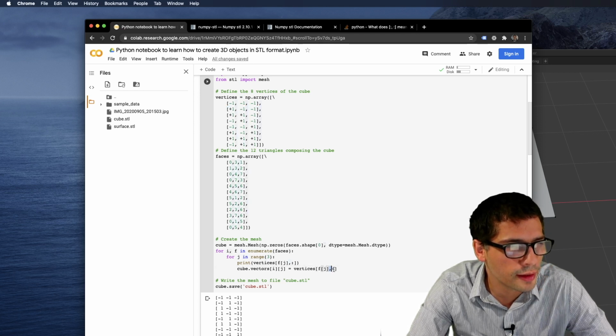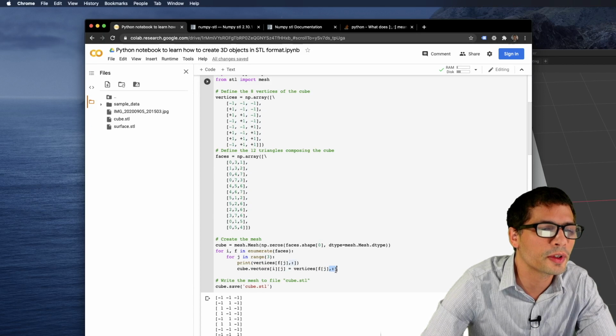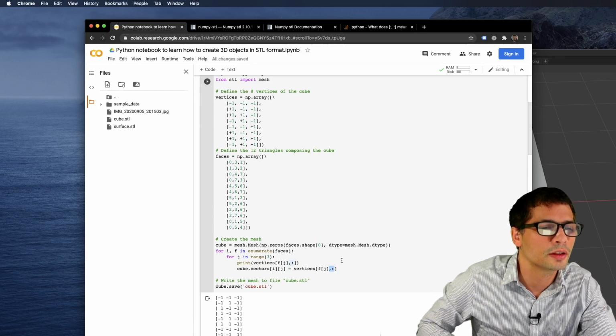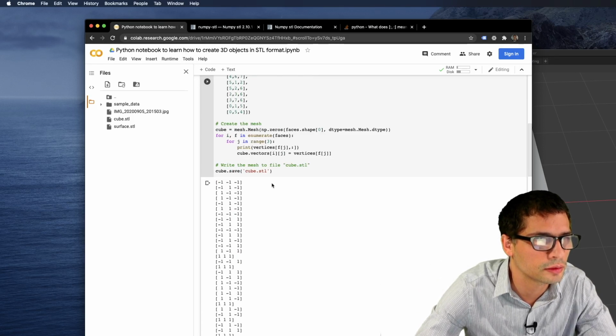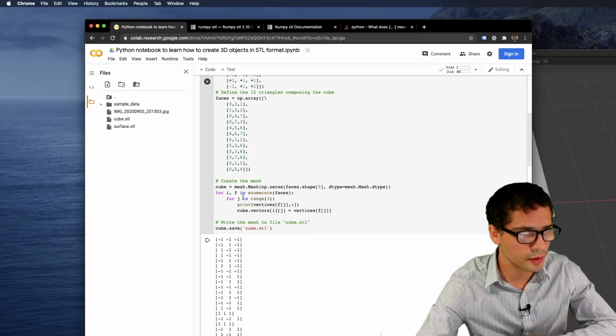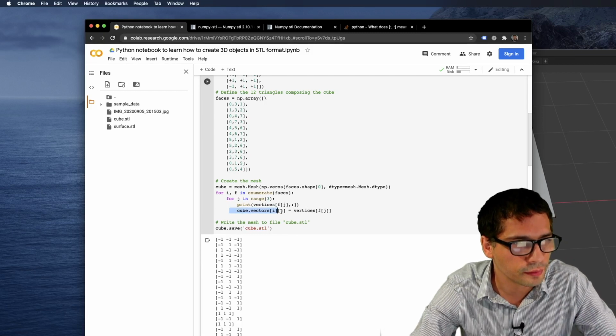I'm not sure whether it adds anything to this, because fj will return you the index of the vertex that you want here, right? So let's say 0, 1, 2, 3. I don't really have to specify this second coordinate from what I understand. So this could be just taken out. Okay, but I understand what it's doing here.